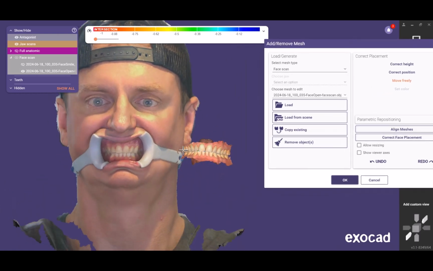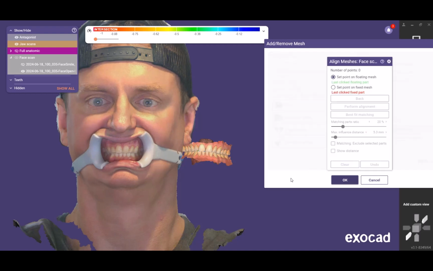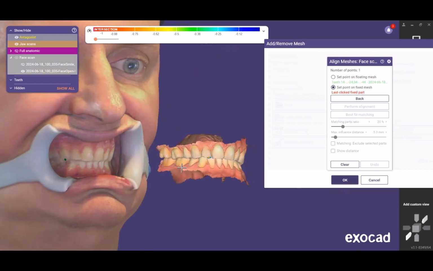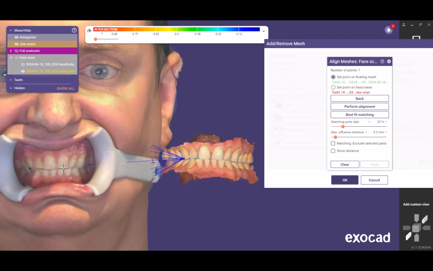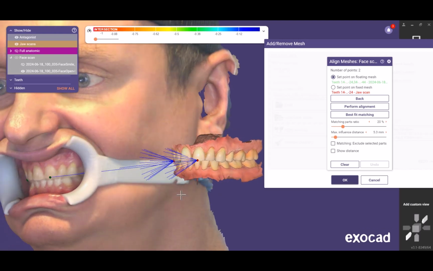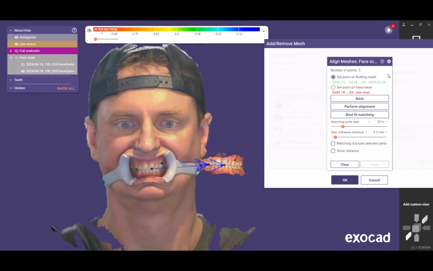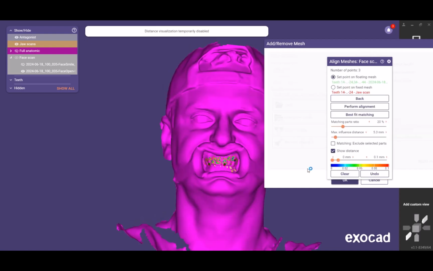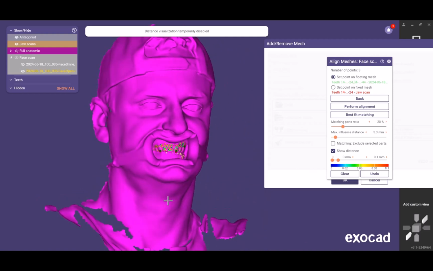All right, so we're going to have to now take this unoriented facial scan and pull it and stitch it to these models. All right, so let's go to Align Meshes, and this is where you would have to do your matching points. So I would say K9, K9, you're going to have to do 3 points, central, central, and then let's do K9, K9. All right, so we can perform the alignment and best fit match it now. And it's going to do it, okay? Especially this one, it did relatively good, but